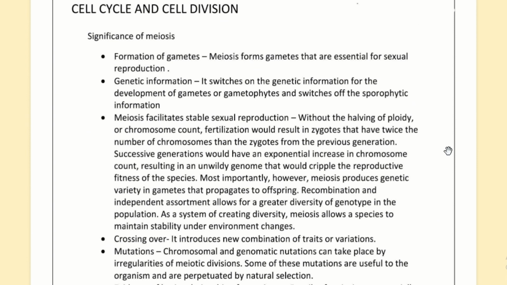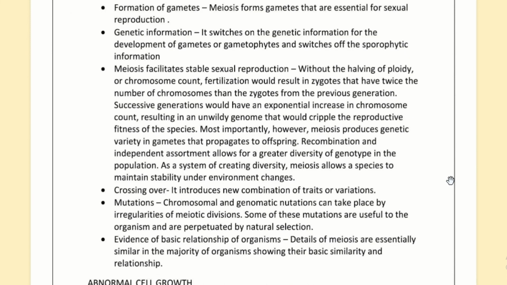Lastly, we have the significance of meiosis. Formation of gametes: meiosis forms gametes that are essential for sexual reproduction. Genetic information: it switches on genetic information for development of gametes or gametophytes and switches off the sporophytic information. Meiosis facilitates stable sexual reproduction by halving the chromosome count. Fertilization would otherwise result in zygotes that have twice the number of chromosomes than zygotes from the previous generation. Successive generations would have an exponential increase in chromosome count, resulting in an unwieldy genome that would cripple the reproductive